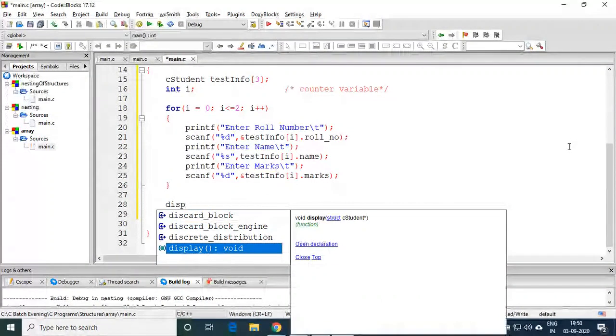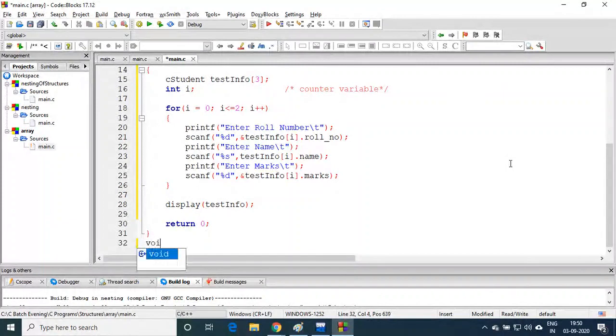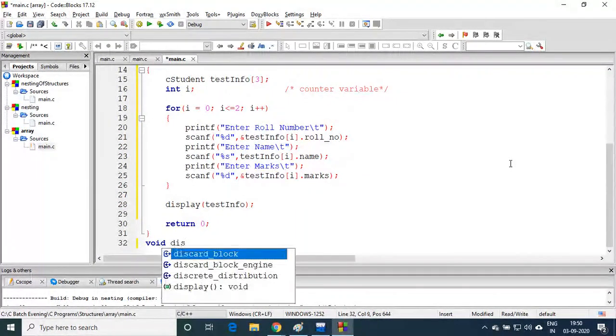Display. What I can send? Test info. Right? So I can write void display,